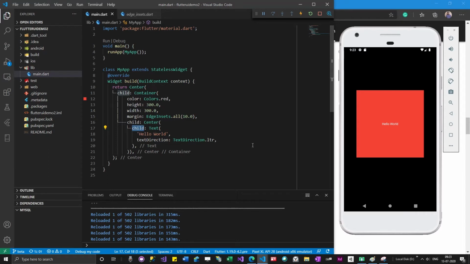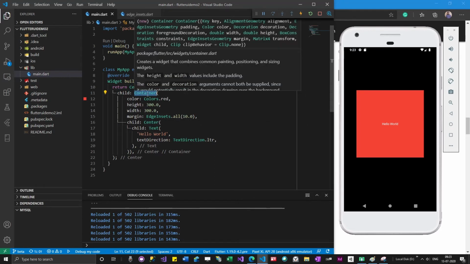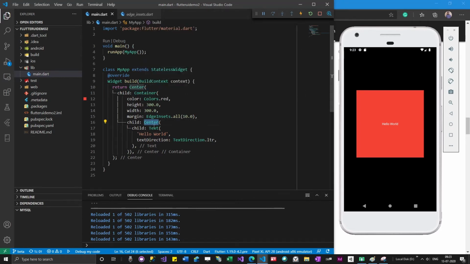You'll not say I have two childs. We'll say that I have two children. So if Center says that it accepts only child, it means that Center can have only one child. So within this Center, Container is child. Within this Container, this Center is child. Within this Center, this Text is child.